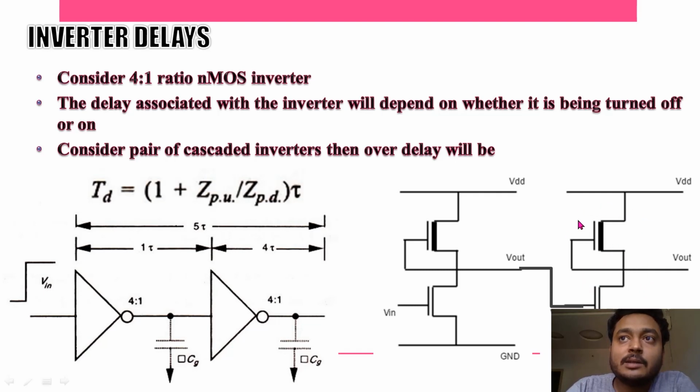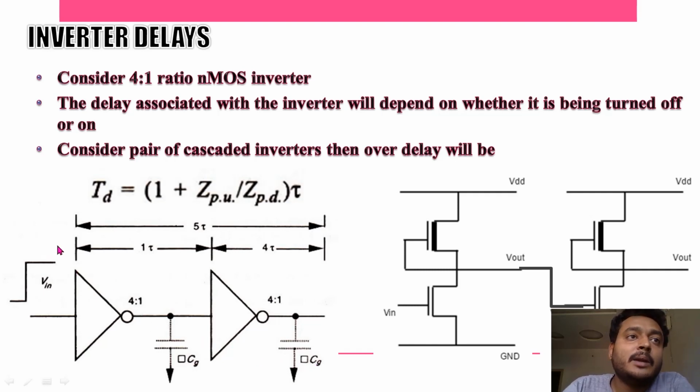Here this is actually having the Z pull up as 4 is to 1, that is 4. Okay, so the resistance offered by this will be 4 times that of this transistor. So the delay will be 4 times the resistance, that is 4 times RS. Okay, so this will be open circuit, right? This will be off. So at this case this will be CG, 1 unit, and you will have the ratio as 4 times the RS. So 4 times the RS into CG, we will get something like 4 tau.